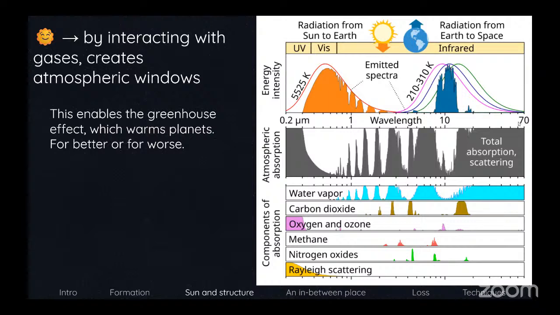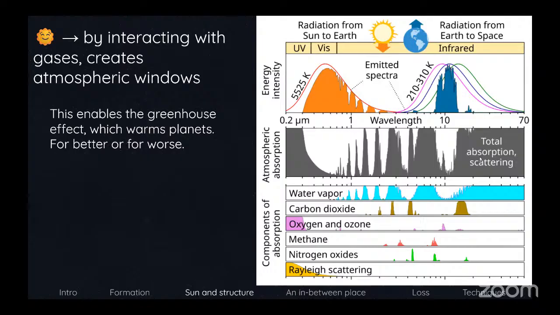On the right here, we have then the radiation of Earth to space in the infrared, because of course the Earth is warm. It doesn't look like it's radiating to our eyes, but it does radiate in the infrared. So some of that heat gets lost out to space again in this little atmospheric window here.